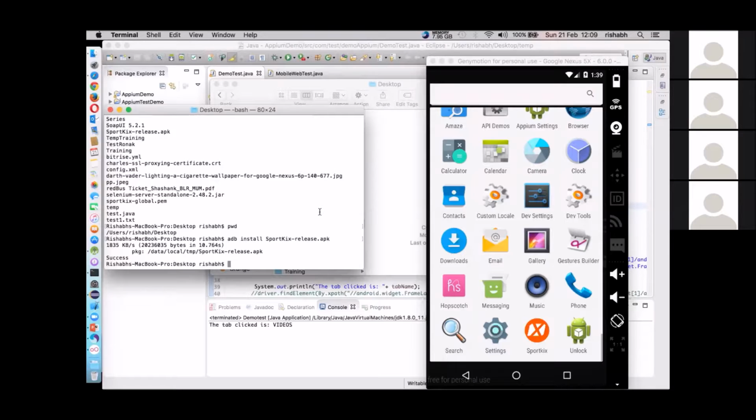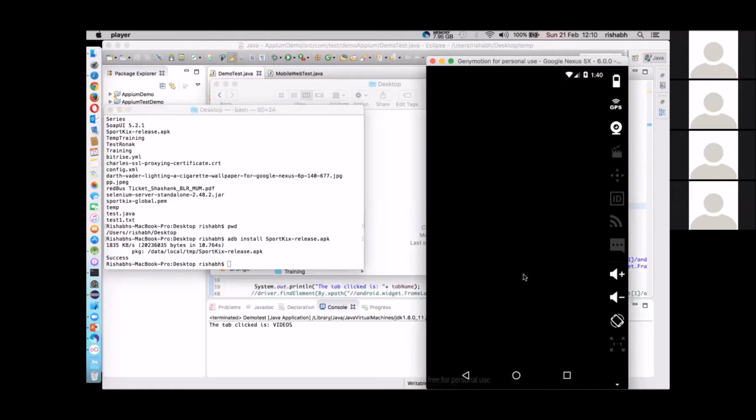Similar things can also be done using ADB. This was just a simple example of installing an application. There are many interview related questions based on ADB, like how you will install it, how you will uninstall it, what other things you can do. You can extract the log using ADB, you can uninstall the application, you can perform certain actions using this. So coming back to our automation scenario, you saw that this is not a difficult part.